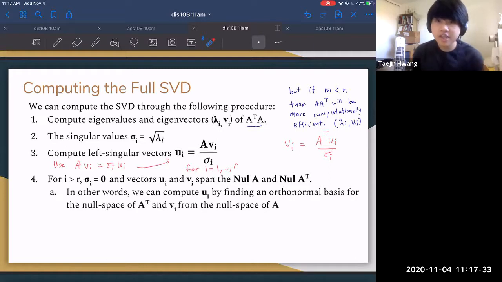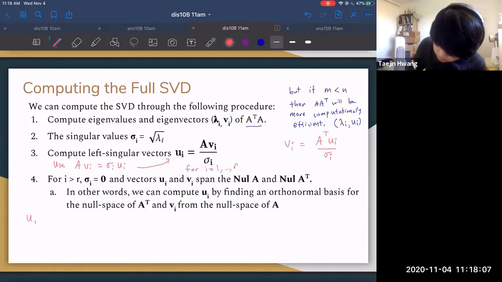But what we do know is that the singular vectors corresponding to singular values of 0 correspond to the null space of A and the null space of A transpose. And this is something I believe we're showing on the homework this week, where the v_i's span the null space of A. So in other words, if you want to compute u_(r+1) all the way up to u_n, we can